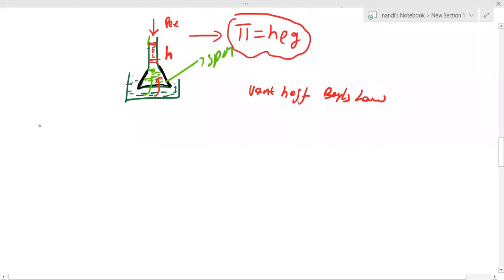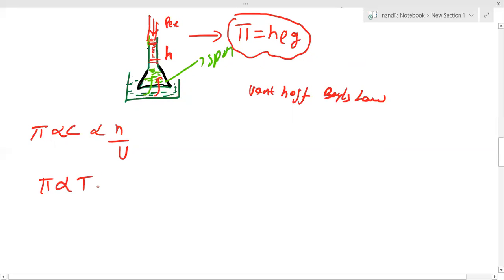You can check it. This is osmotic pressure. I am taking the symbol pi, directly proportional to C. The more the concentration, the more osmosis can occur, and the height of the solution increases. If the concentration is more, more water enters the solution and the height increases, so you get more height. C is nothing but n by V.